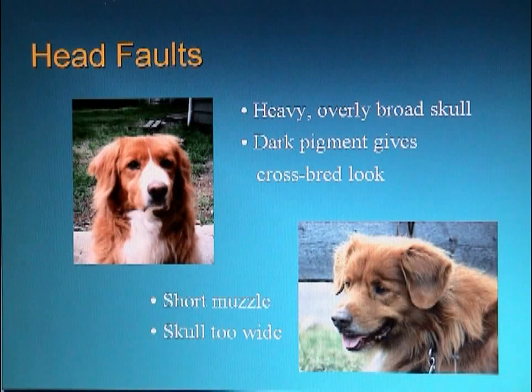Don't you think that the white contributes to that look? The heaviness in the head? I don't think so. Look, it's so broad, it's exaggerated, it's overdone. Yeah, it's heavy in fluid. I mean, it's possible that the white does lead to that, but it just isn't. He was a darling dog, but he wasn't the greatest head. I don't mind the shape of the skull and so forth. Well, the top is okay, but the whole thing is almost too much. It's just too much of it